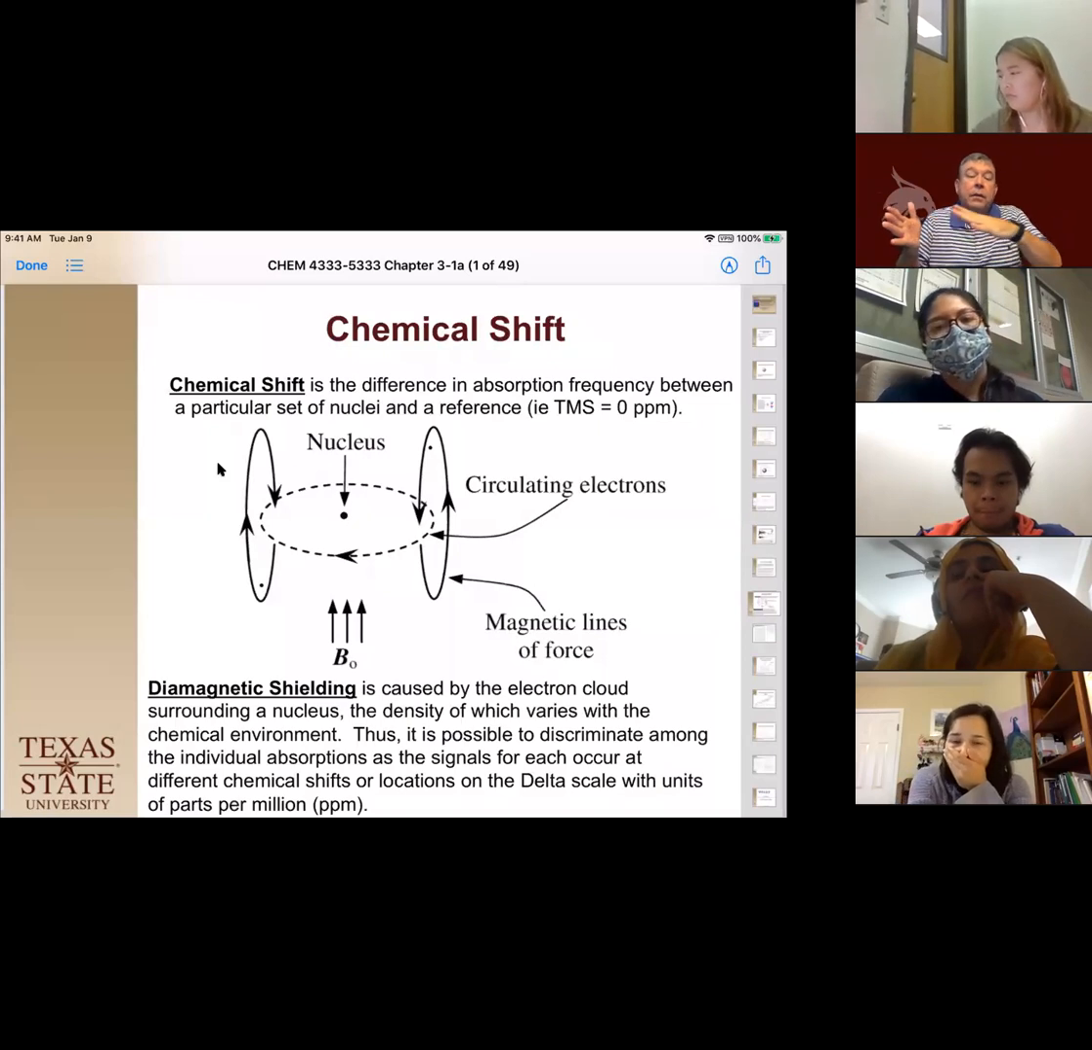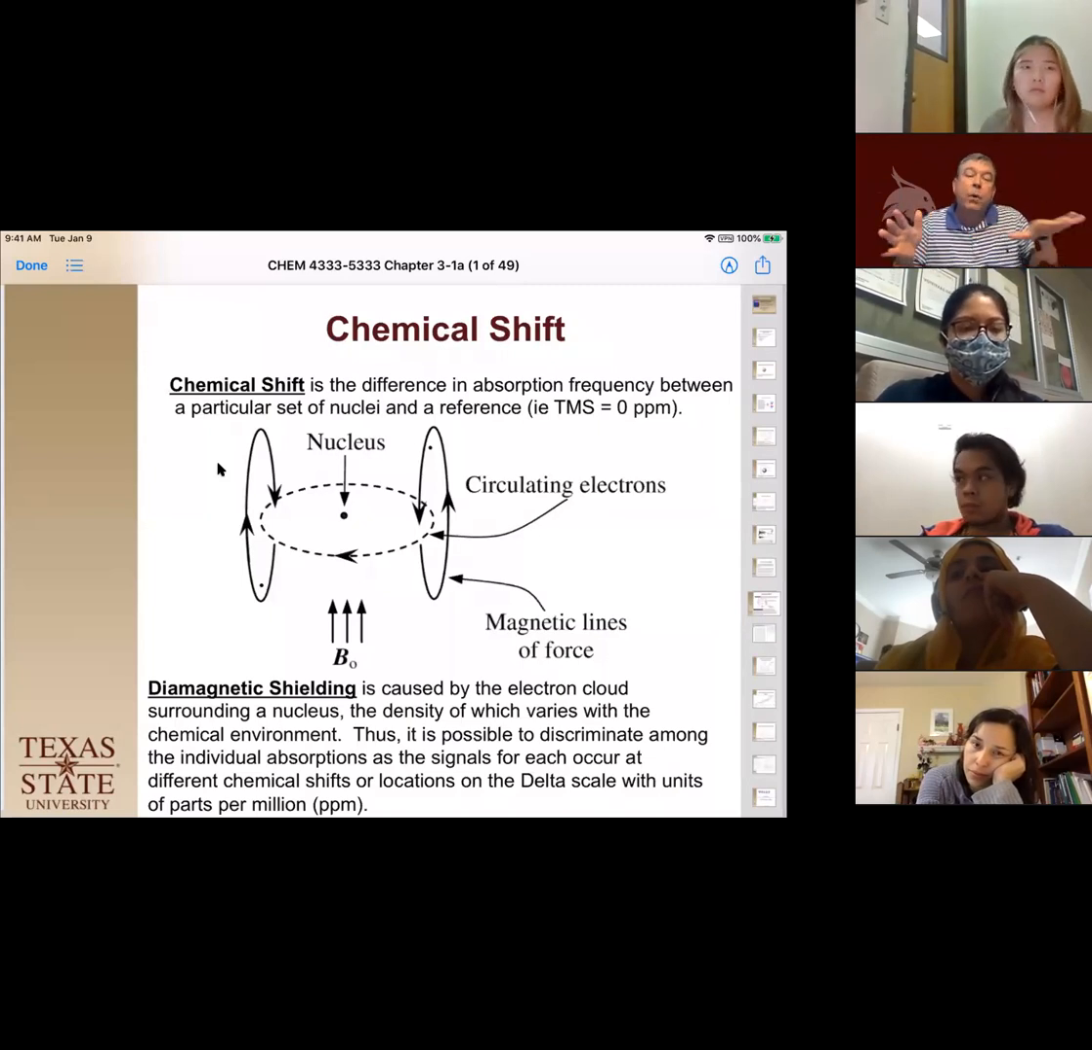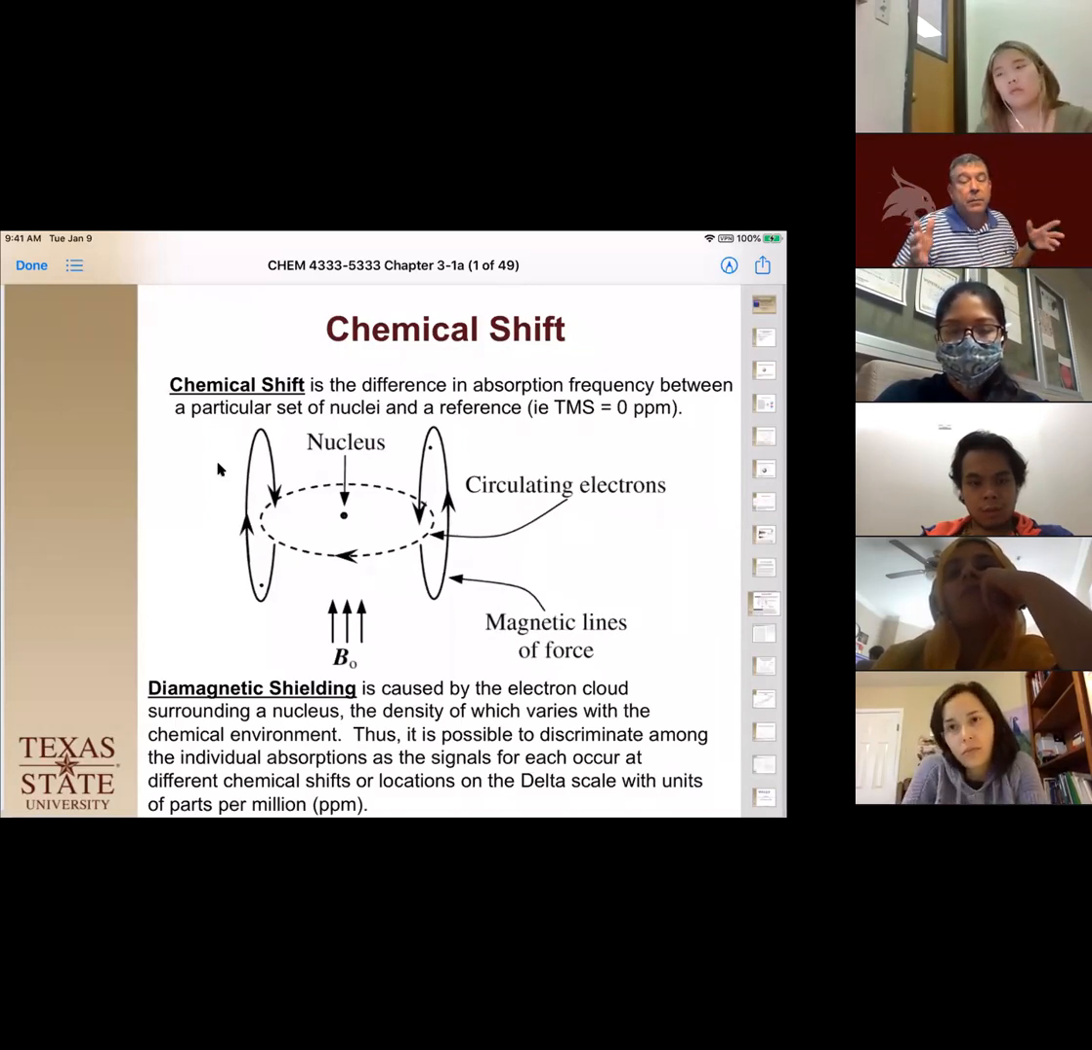And the longer it takes, the more it's going to be shifted downfield. Okay. So chemical shift is the difference between the absorbed frequency of a particular set of nuclei and its reference. We typically use tetramethylsilane